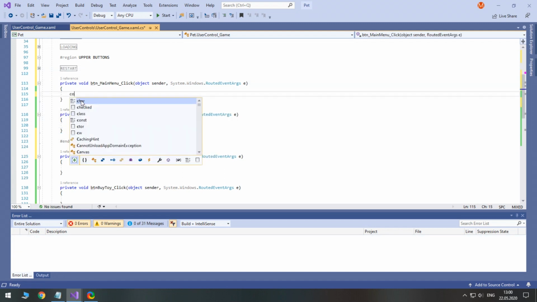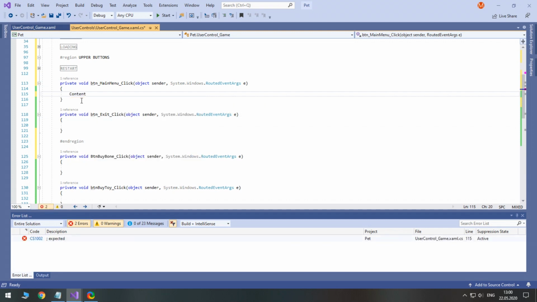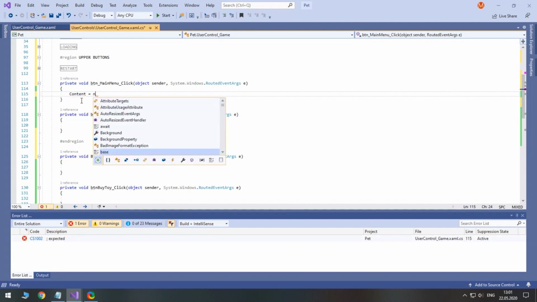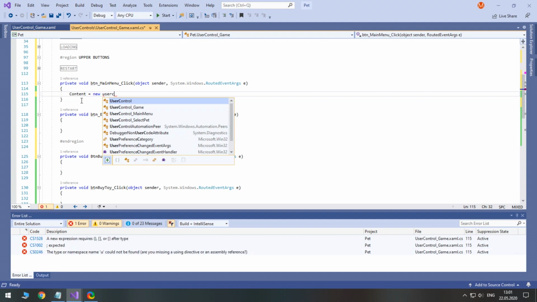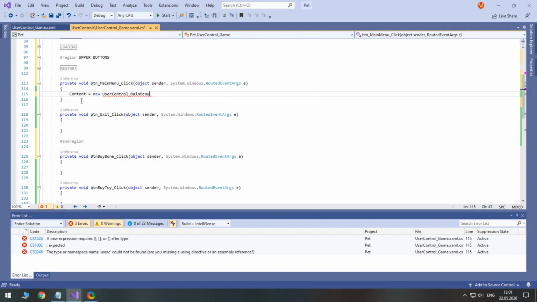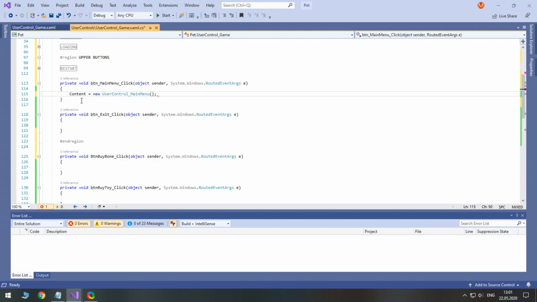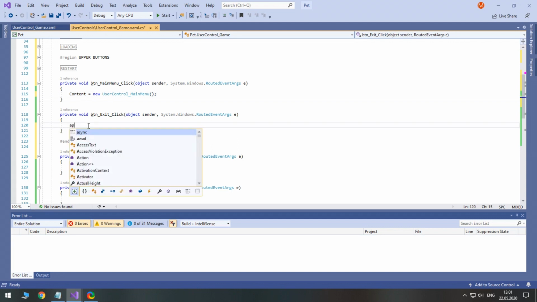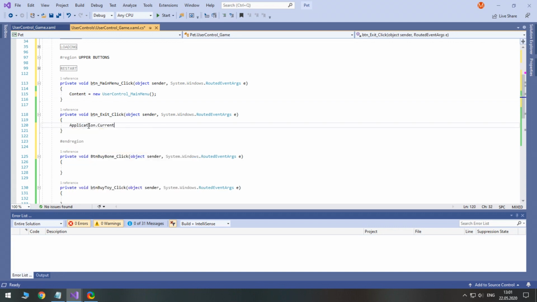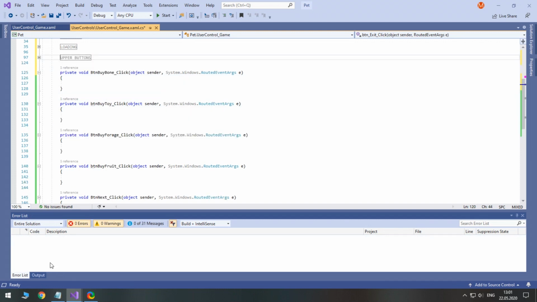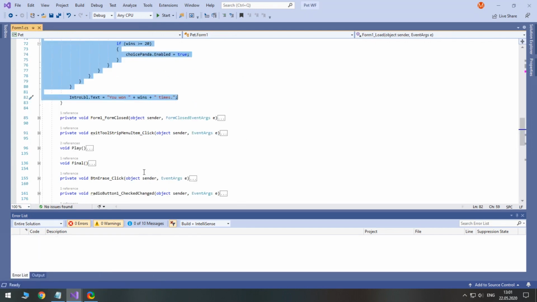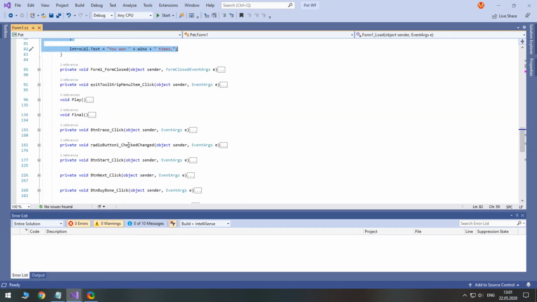And like in user control select pet, the same main menu and exit buttons. Upper buttons are finished. Now let's copy button next.